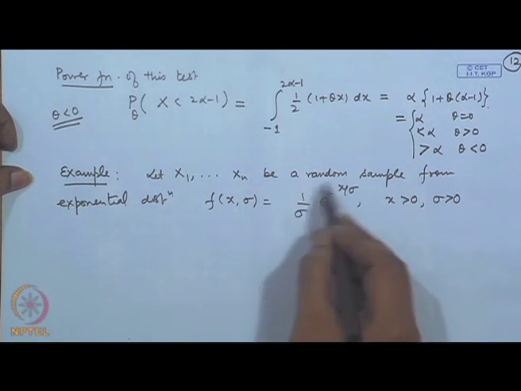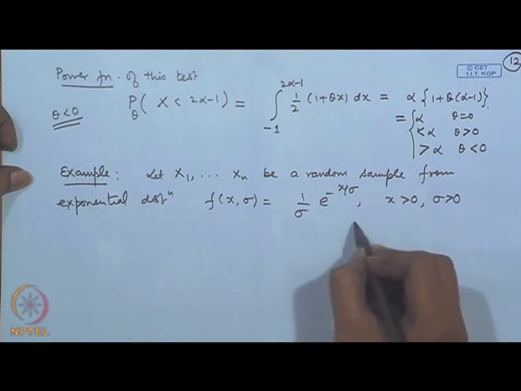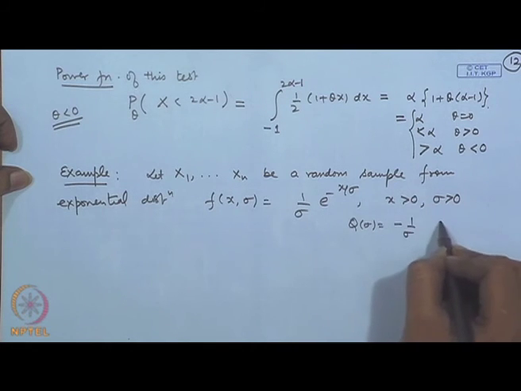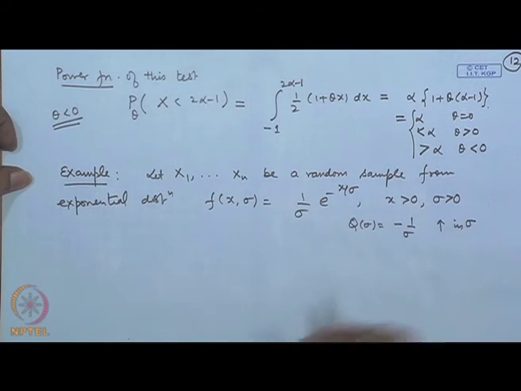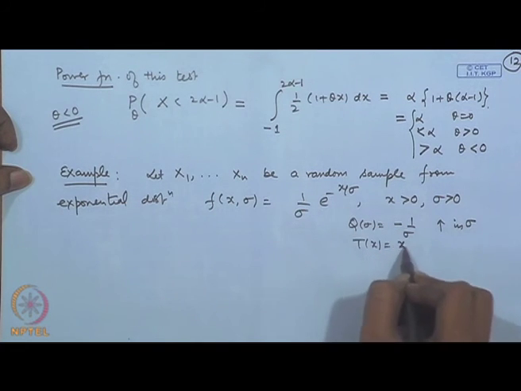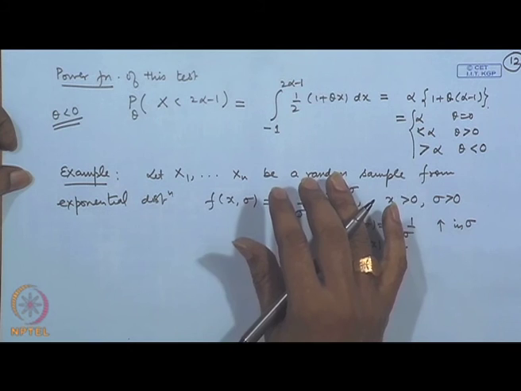Now, this is simply a one parameter exponential family. If I consider q(sigma) equal to -1 by sigma, this is increasing in sigma, and T(x) here is x. So, this is a one parameter exponential family with the setup that we have stated in the theorem. So, even for the two sided null hypothesis, we will be able to derive a